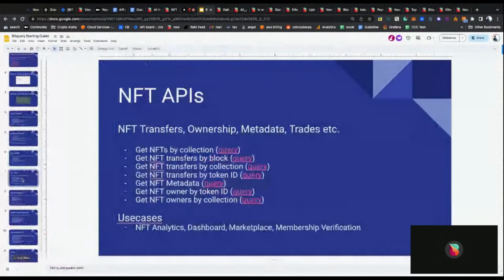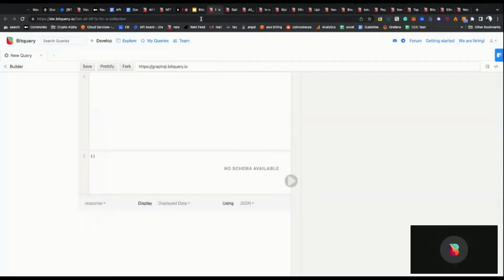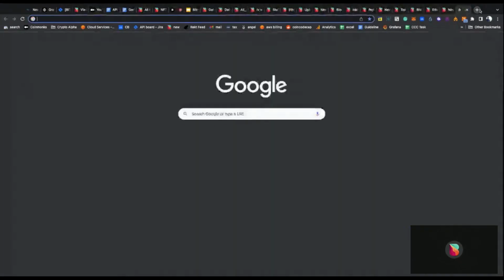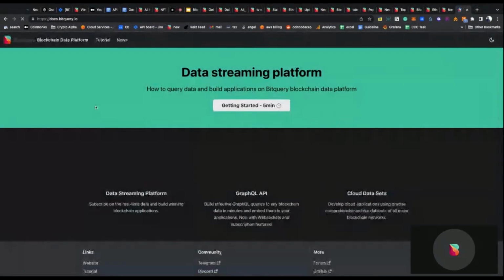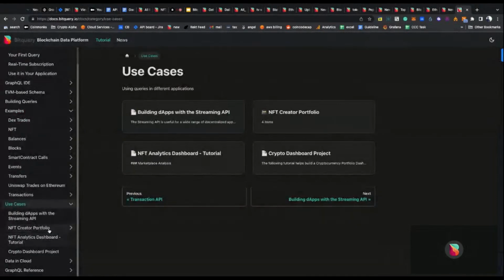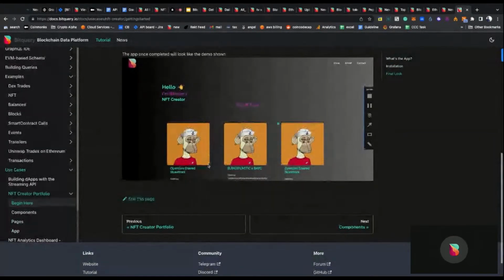Okay. We'll go to NFT APIs. We recently enabled NFT APIs, and we are in the process of enhancing them in order to enable a lot of things. For example, you can have NFT holders, collection related details. You can have transfers, metadata, ownership, all sorts of this thing. I think we built a small portfolio application using our own APIs. Yes, I think we built this small portfolio related application.